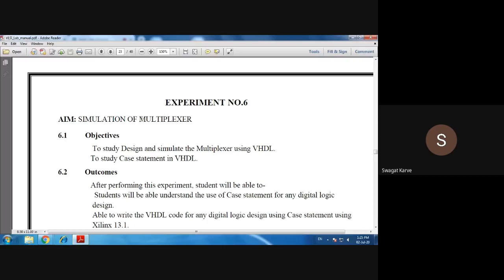We will discuss multiplexer design also. Then I will show you with the help of the Xilinx tool how to write this VHDL code, how to execute it and how to check its output. In the last lecture, I will demonstrate that part.